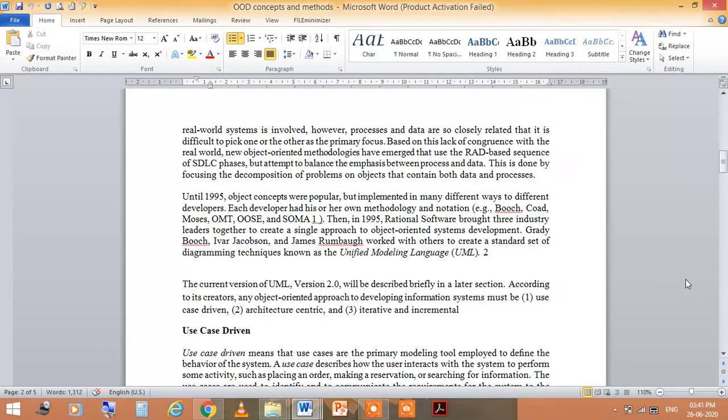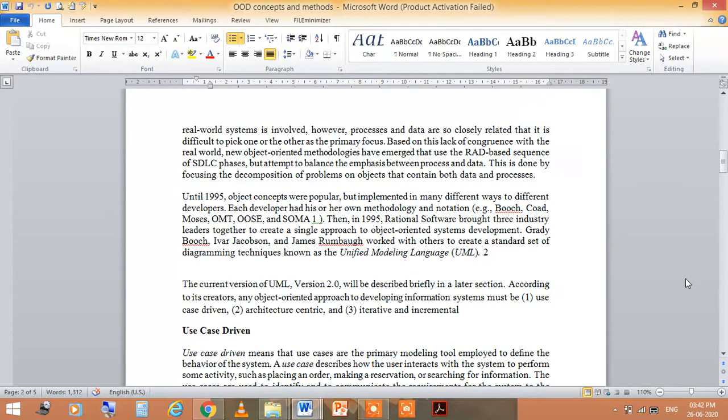In 1995, object concepts were popular in those days, but implemented in many different ways by different developers. Each developer had his or her own methodology and notations, like Booch, Coad, Moses, OMT, OOSE and so on.